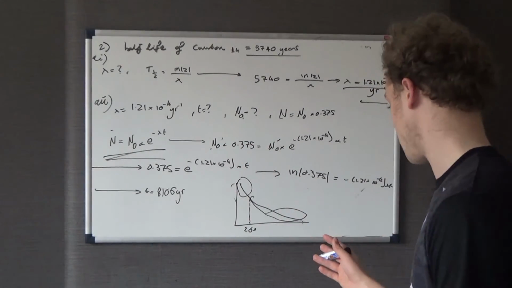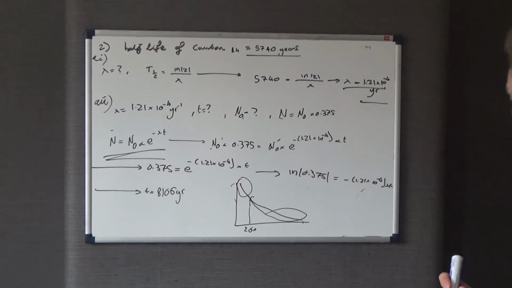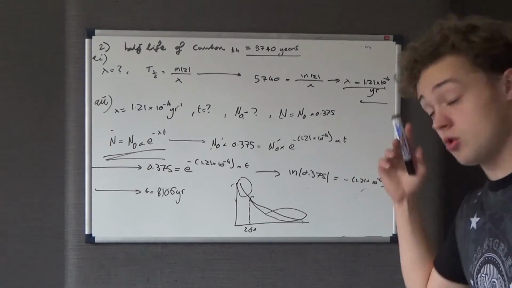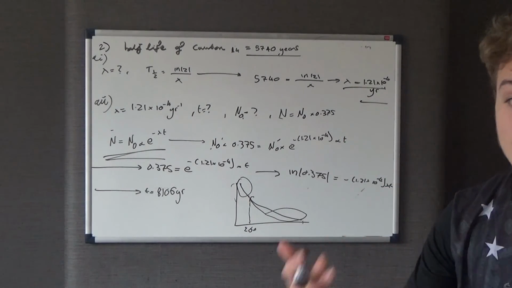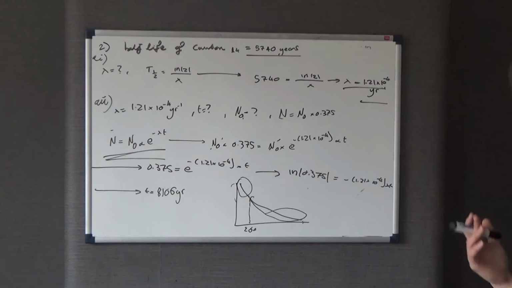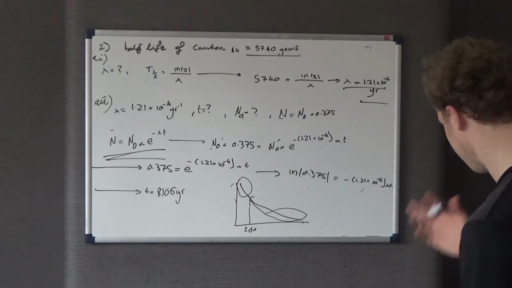So how does this relate to this question? Well, 2B part 1, if it's less than 200 years, there's such a rapid change in the number of nuclei, it's hard to measure out how old it actually is. So that's 2B part 1. 2B part 2 says, well, if it's more than 6,000 years old,